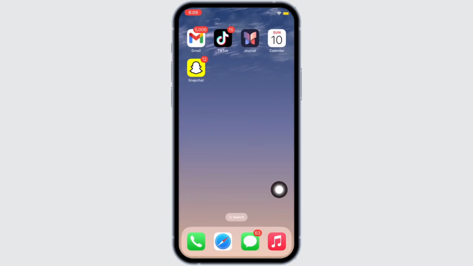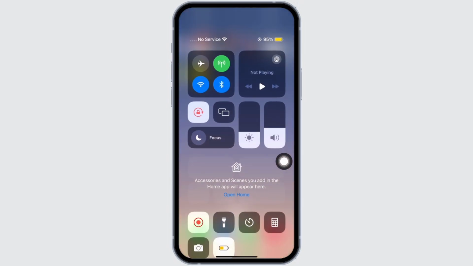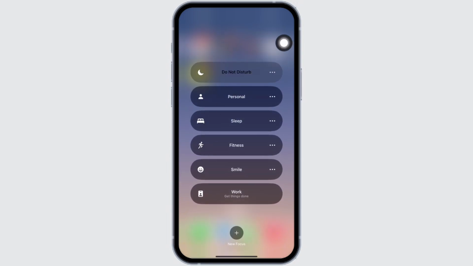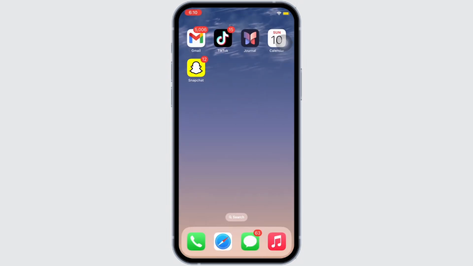To check, slide down from the right side of your screen and you will be led to the Control Center. Here tap on the Focus option and you will see the Do Not Disturb tab. Make sure the Do Not Disturb mode is not enabled, and even after doing all these, if your issue is